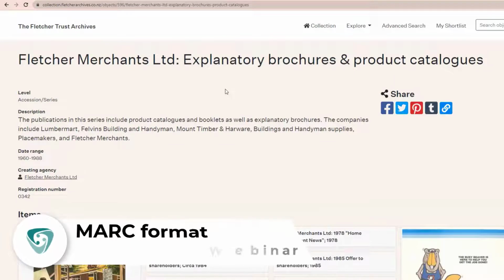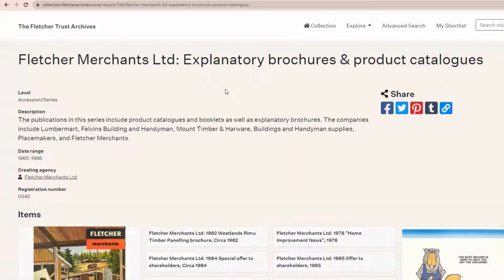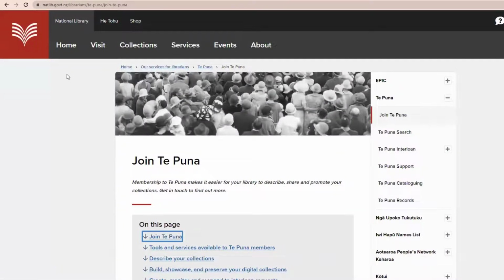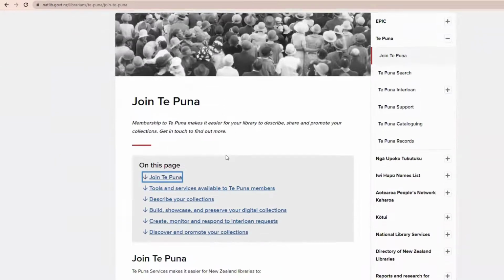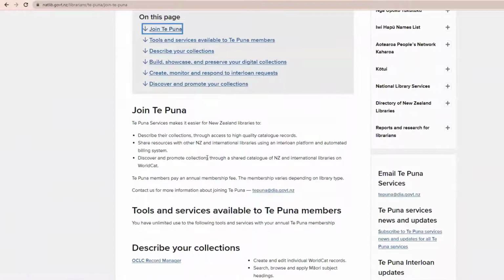For library items, we also support bringing in MARC format library records from other systems. And that's something that several of our sites use to speed up their cataloguing process. So for example, the National Library's Tapuna website has a subscription service, so that's a paid service, but as part of that service, you can do things like discover collections on there, and then there's tools where you can download